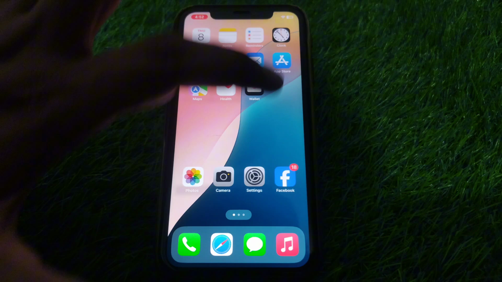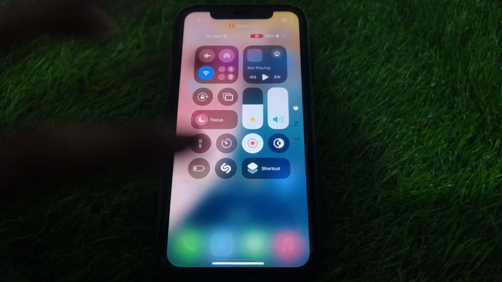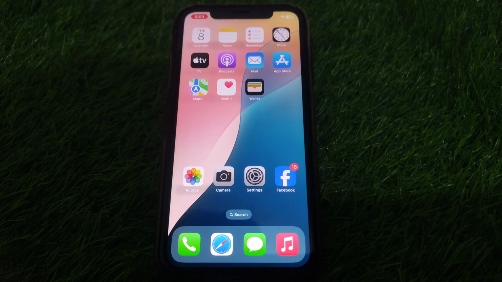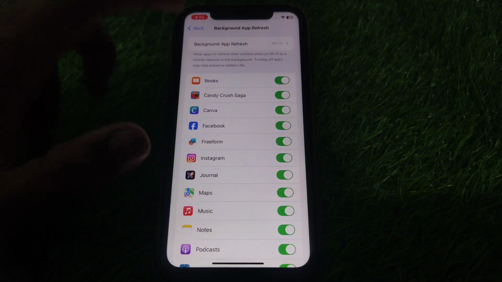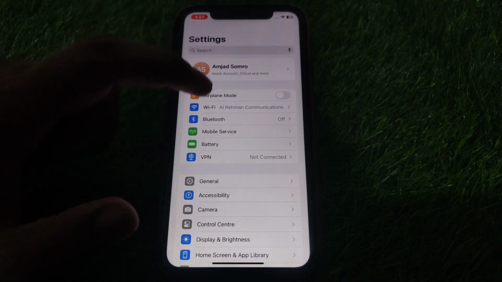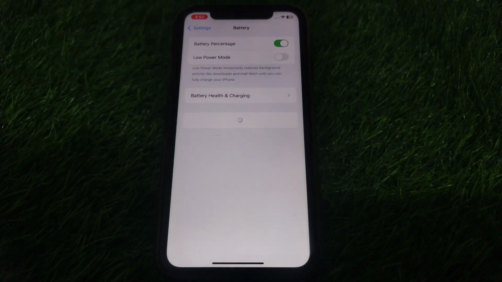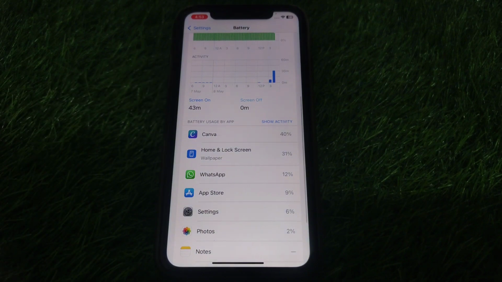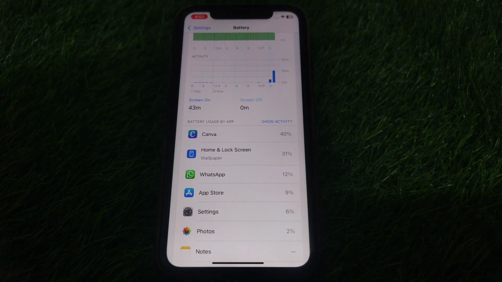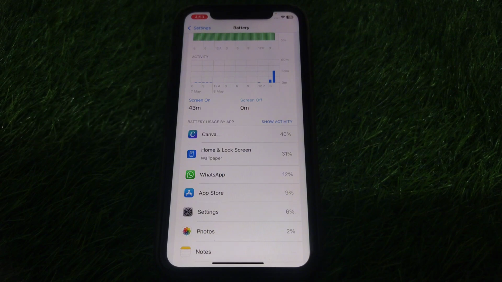So first of all, you have to make sure that you are connected to a proper Wi-Fi or internet connection. After that, you have to simply go to settings. In settings, you first have to check which app is using a lot of battery and data. So you have to look for that app, and if you want to close that app so that it doesn't use your battery while in the background, then you can simply turn off that background app